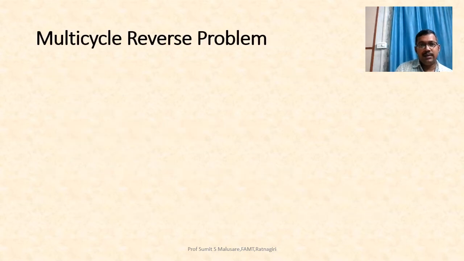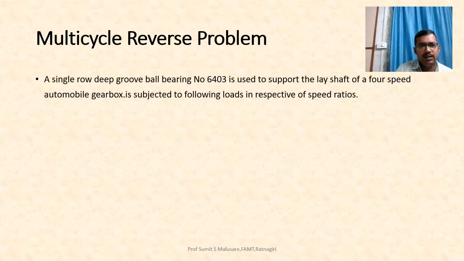Now we cover the multiple reverse problem. Now this is a straightforward problem: select the bearing and again check it. In some problems the conditions are given and we have to select the bearing the reverse way. Take an example. A single row deep groove ball bearing